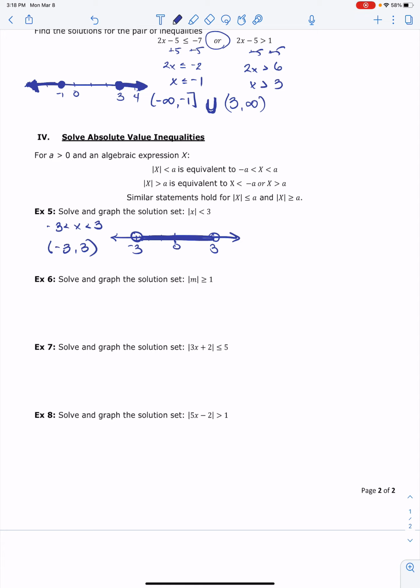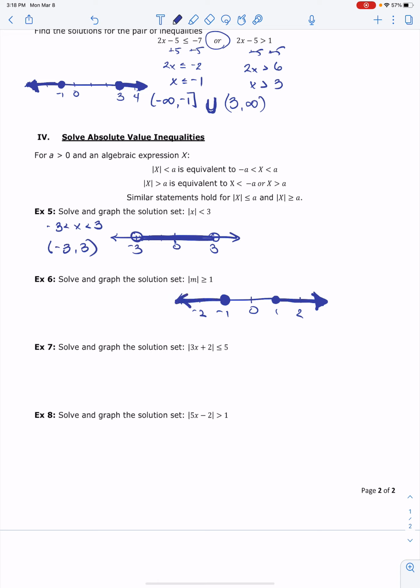Okay. Think about what 6 says. Absolute value of m is greater than or equal to 1. So this time I'm going to draw the picture first. If the absolute value has to be more than 1 away from the origin, greater than or equal to, I have this part right here